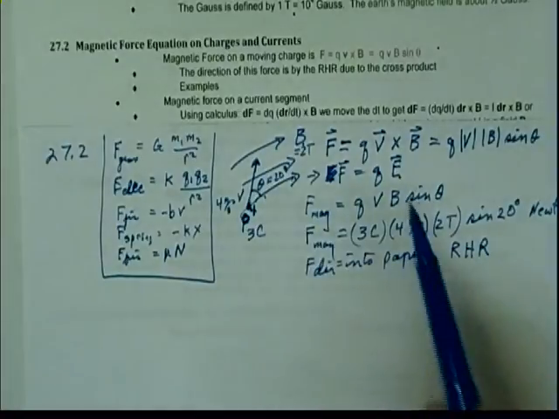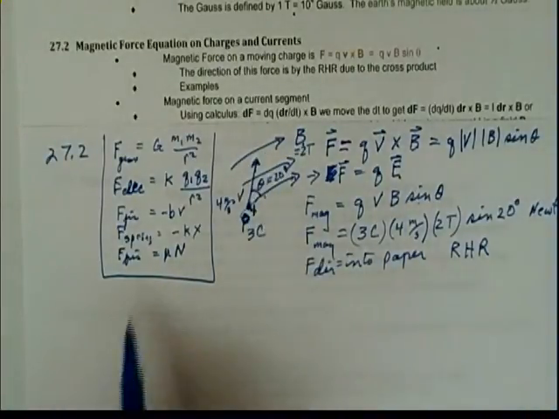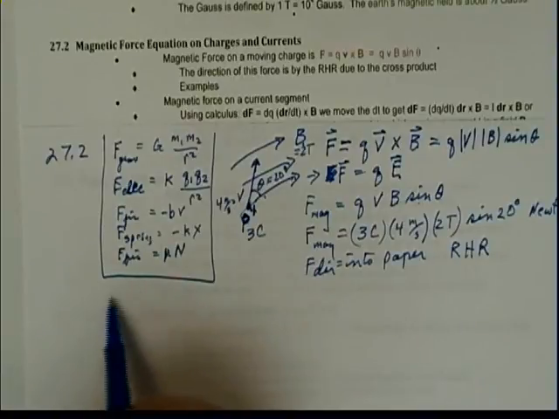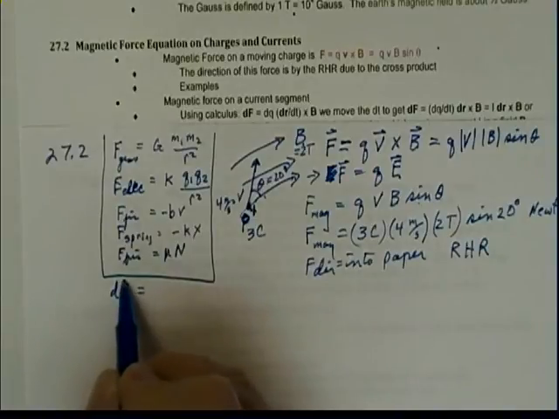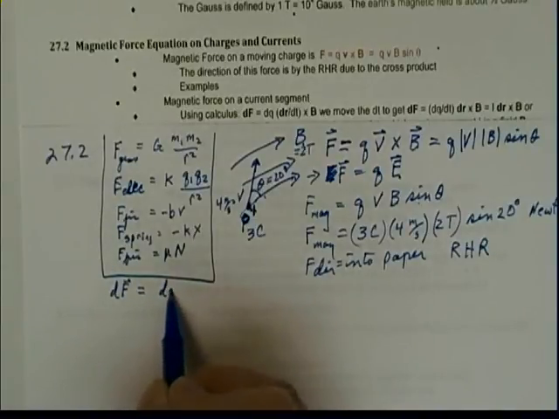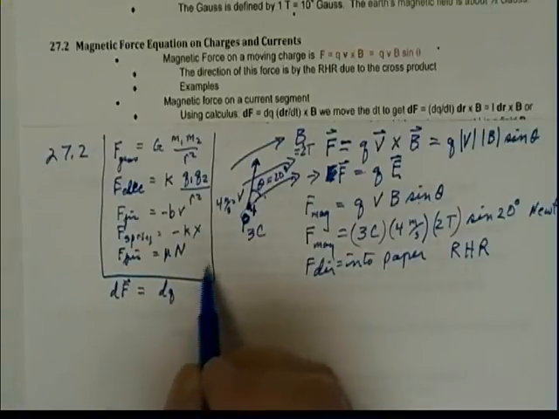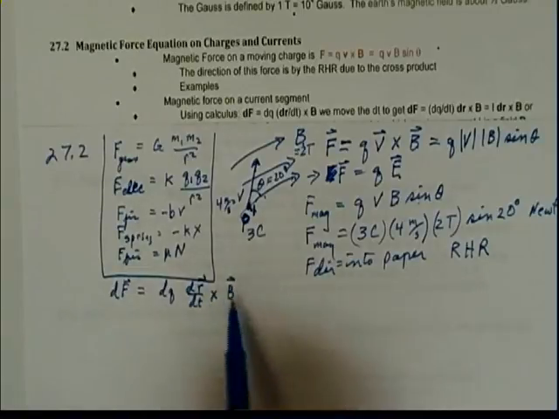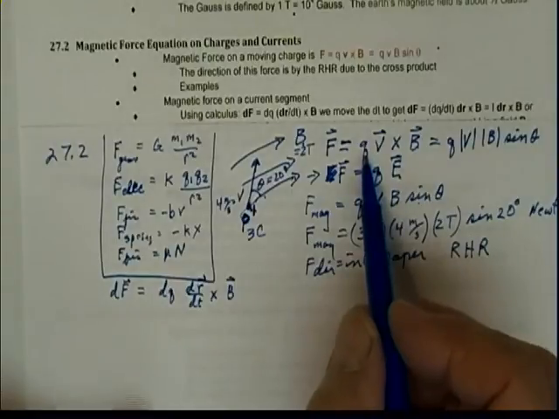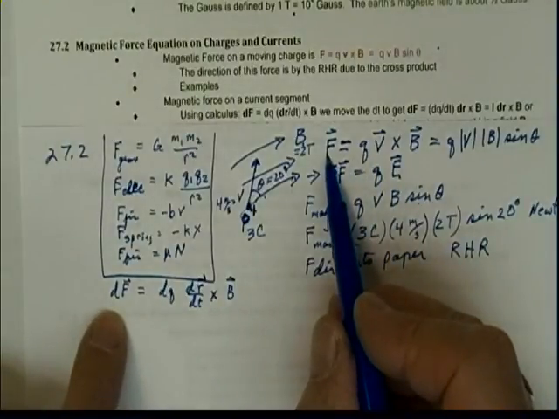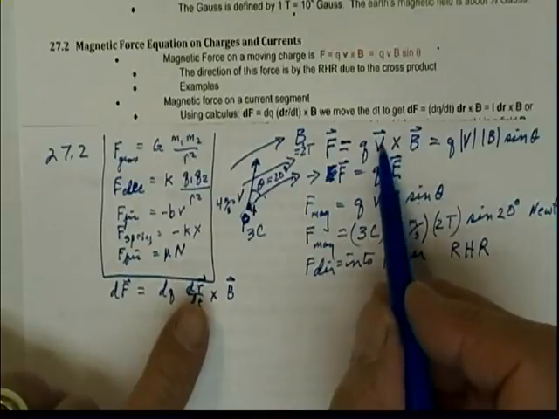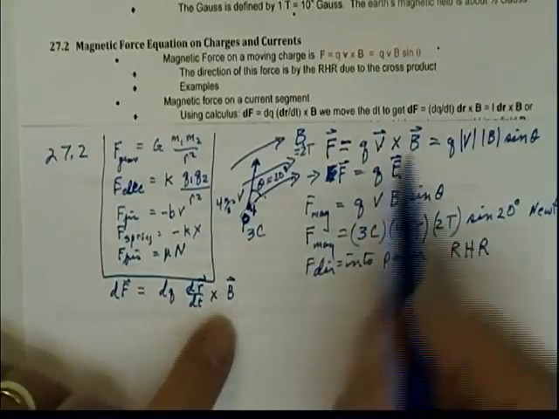Now if we use calculus, we can actually write this as an infinitesimal force. So I'm going to write this again using this equation here. An infinitesimal force, dF, is going to equal an infinitesimal charge times the velocity, dr/dt, crossed with B. I've just re-expressed the same equation, but I've said infinitesimal force is equal to infinitesimal charge times the velocity, and the velocity is the change in the r vector over the change in time, crossed with